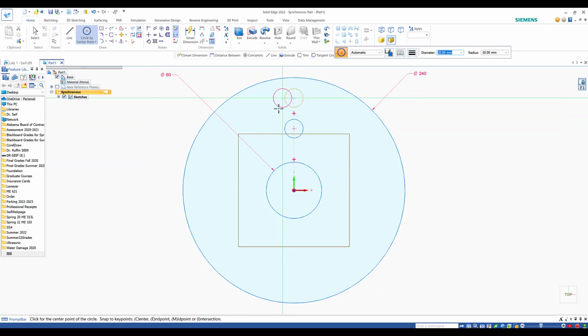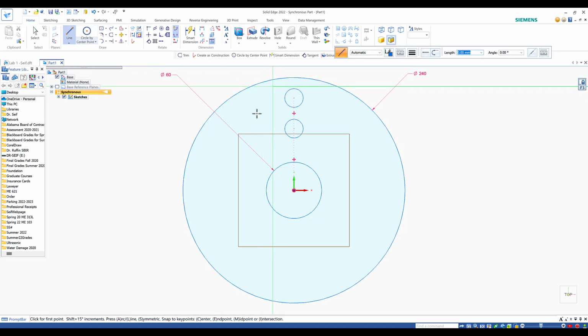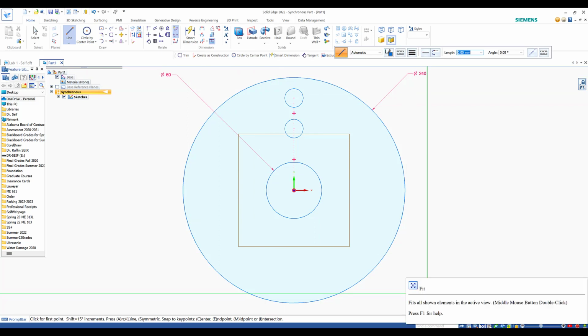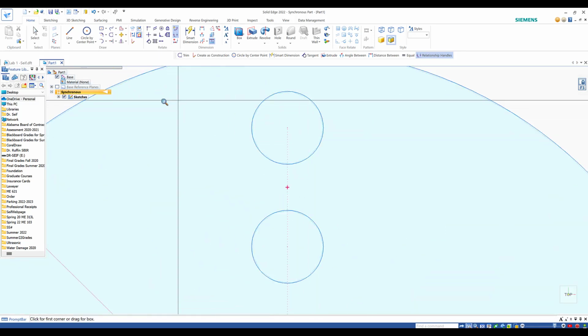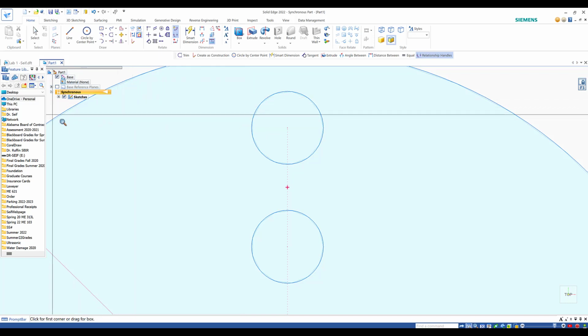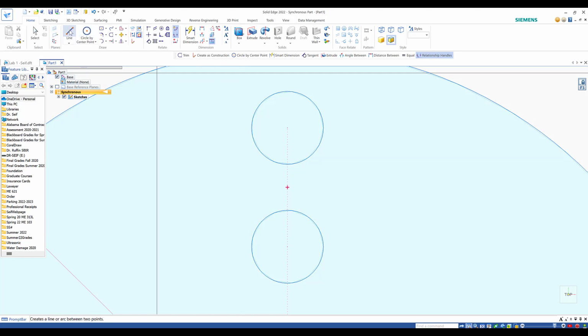And I need to do the slot. So I'm going to choose a line. Let me zoom first so you can see it better. In the zoom area, this is the one in the lower corner. Click on the zoom area, and I'm going to zoom to this location here. So this way I have the two circles, and I need to draw a line tangent to both circles. So I'm going to get a line,